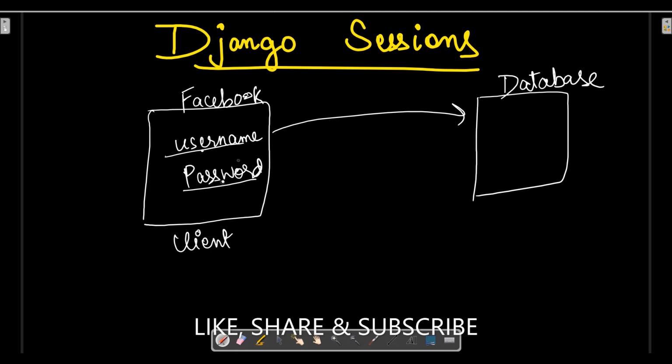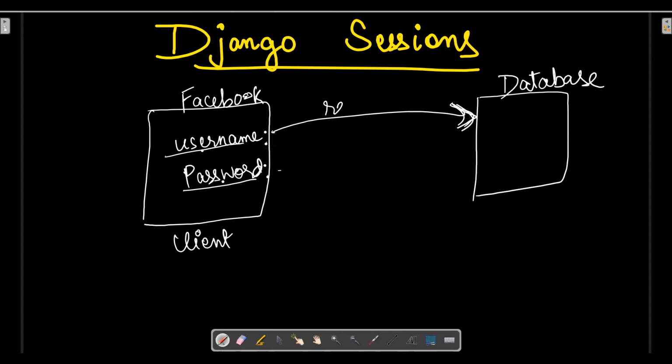Now whatever username and password I am giving over here, it will request and look into the database whether they are correct or not, and on the basis of the response we will be able to log in.